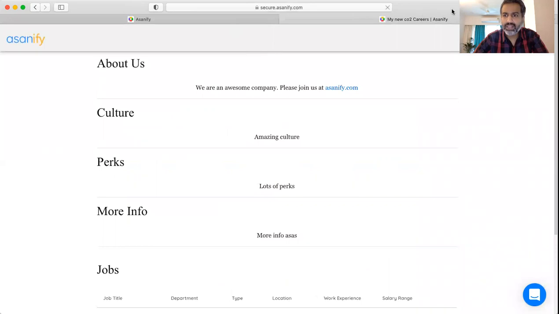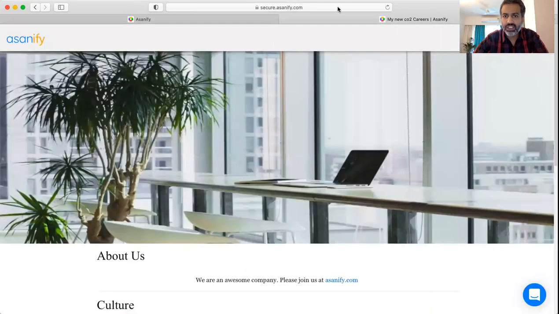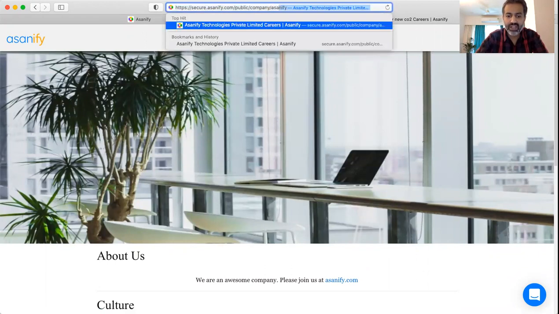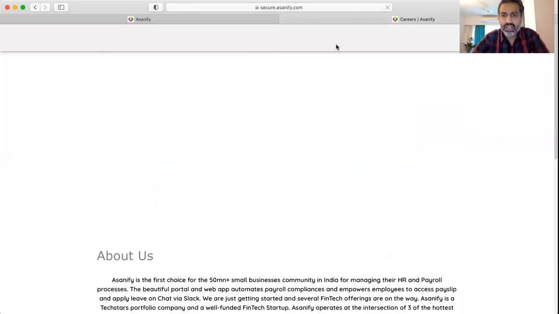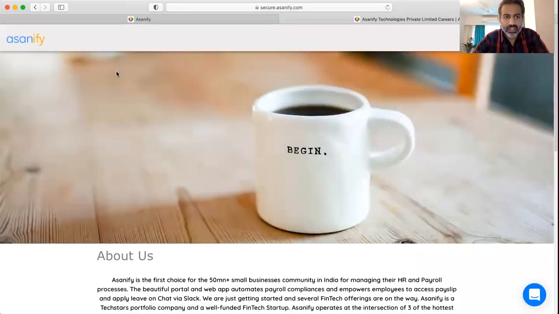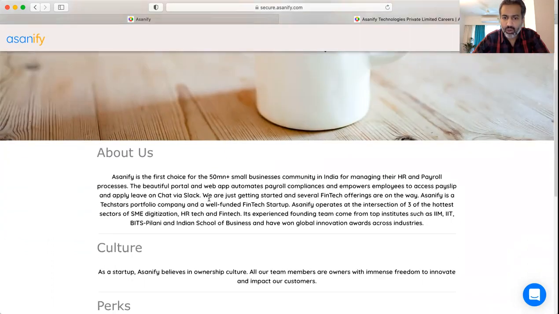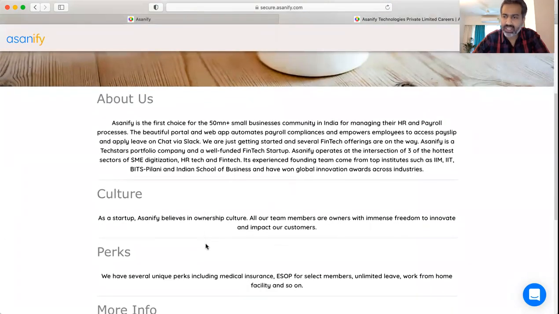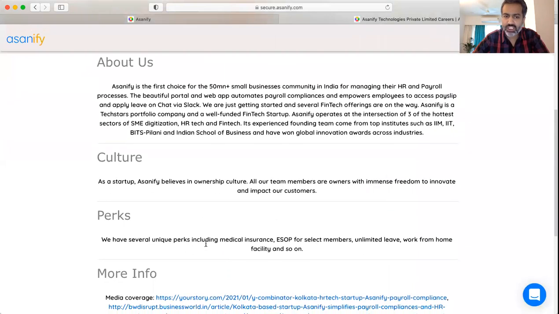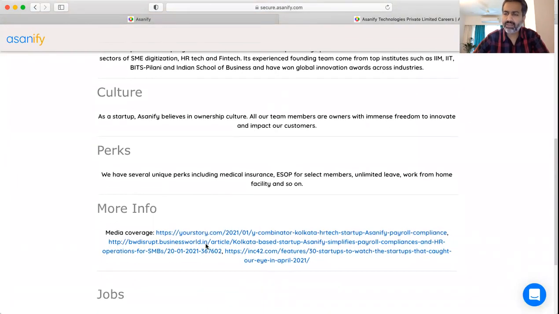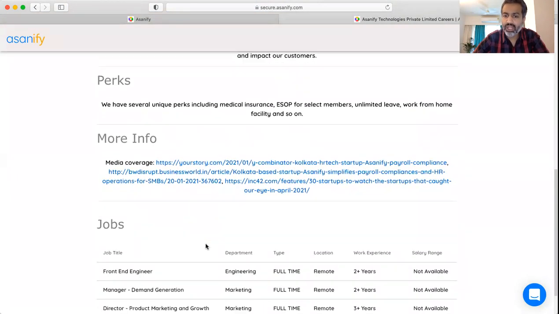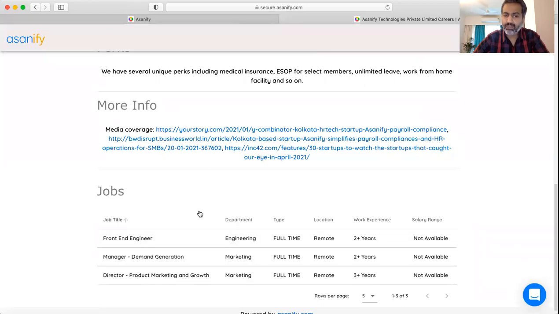So if you look at the screen right now, I will just open it into one of the pages of Asanify. Let's see what the career page actually looks like. You'll see your company logo appears on top, the banner that you would have put, all the details about the company, whether it's the company information, culture, perks, video testimonials. You can pretty much put a link for everything, and at the bottom, all the open positions